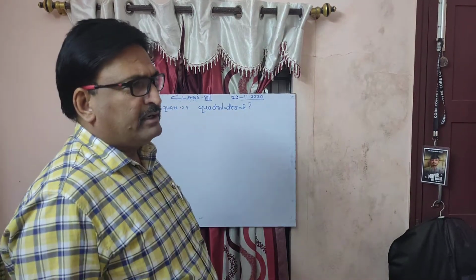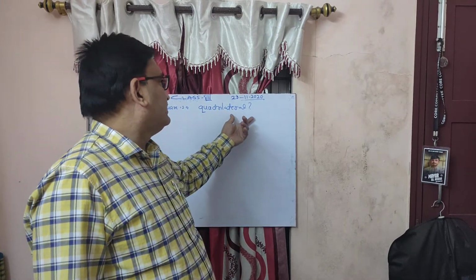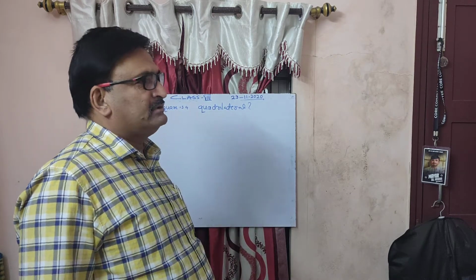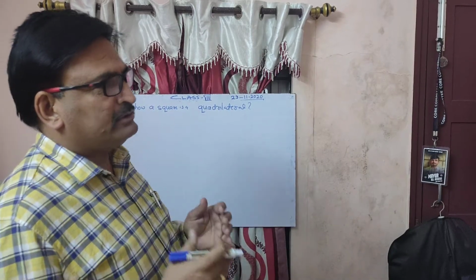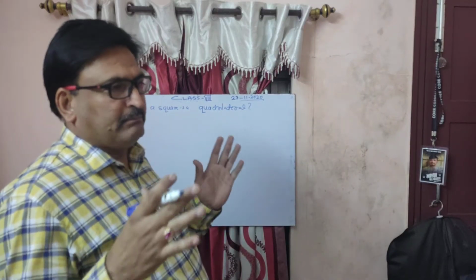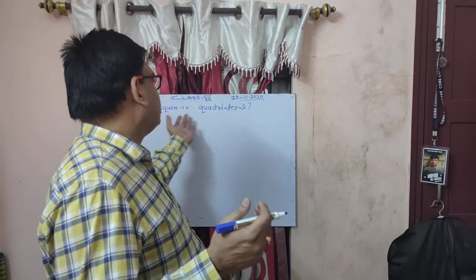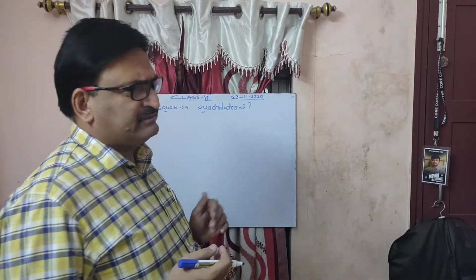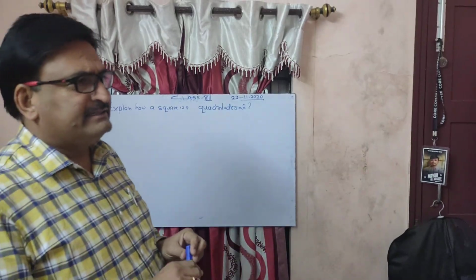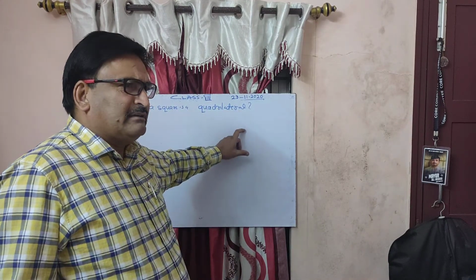You need to remember the properties of a square and the properties of a quadrilateral. If both of them are coinciding, if both the properties are the same, then you can say a square is a quadrilateral. So what is a square? First of all, you need to understand what is a square. Square is a quadrilateral.